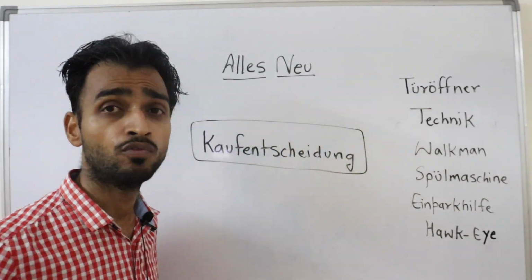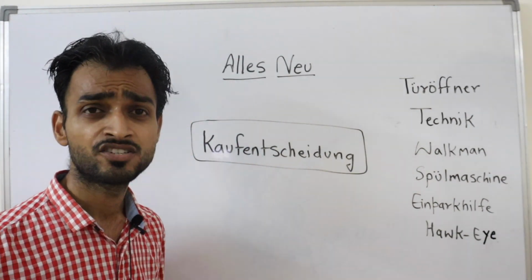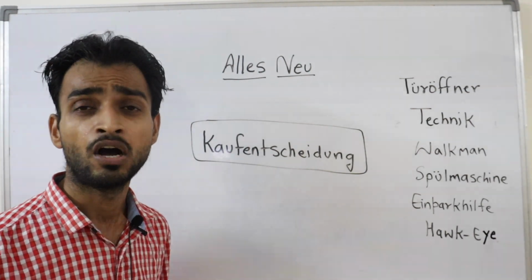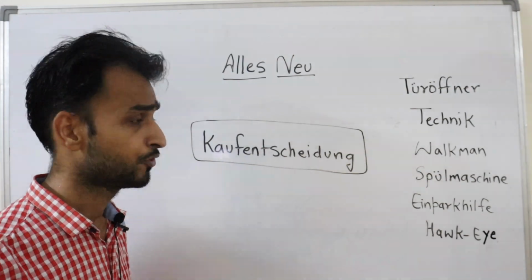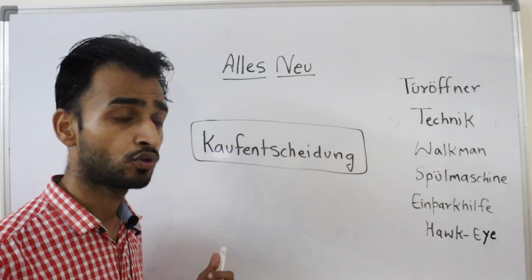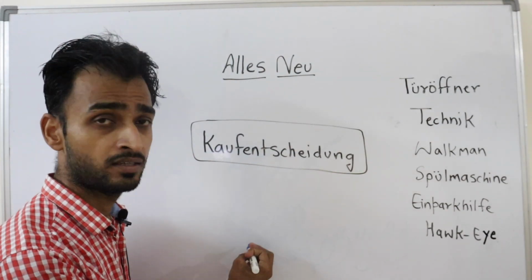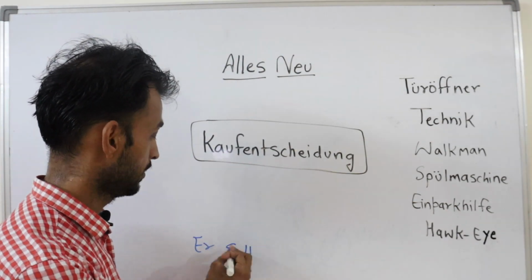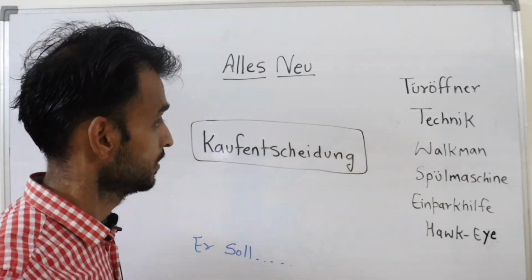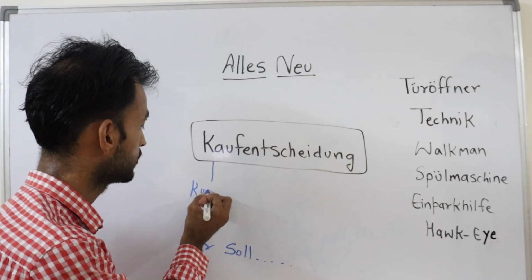Suppose your friend wants to buy a mobile and he is confused. Er ist durcheinander. So how can we help him? We can tell him that he should. So here is the Modalverb sollen. We use the Modalverb sollen. So like he should, soll. Then we see further. So first we make a mind map, like Kundenbewertung. He must read